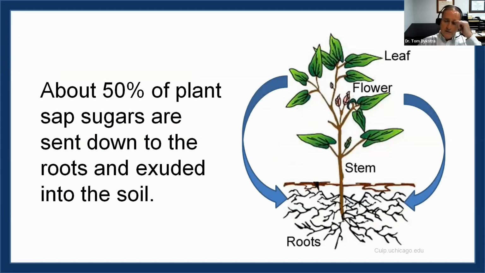We're taking a look at this in part because the plant is producing sugar. Almost all of it is coming through the leaves. There is some photosynthesis, of course, in the stems and the petiole a little bit, but not much. About 50% of the plant sap sugars, which can vary between 20 to 70%, but about half of it, maybe 40 to 50%, is going down to the roots, and that's to feed all the microbes. All of those microbes that Tom Murray was talking about before, and putting down biologicals, need to be fed, and the plant will take care of that. So you do want to know how healthy the plant is, because it's not only got, let's say, fruit to make, but it's also got to be feeding the microbes, which are going to further redound to the health of the plant.